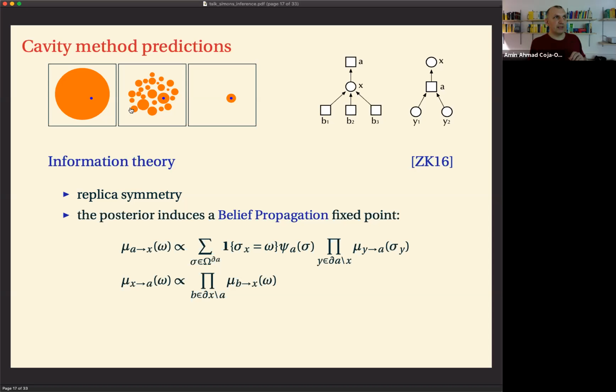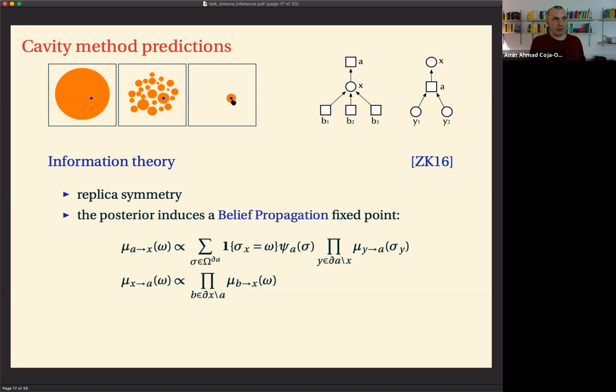The second possibility is that it looks like this, that your measure decomposes into an abundance of little islands. One of these islands is inhabited by the ground truth of your problem, but unfortunately you don't know which. So in the absence of a lucky guess, you cannot get back at the ground truth in this scenario. And the last possibility is that effectively, basically, maybe up to trivial symmetries, there's just one blob in your measure. And this one little blob houses the ground truth, so it should be easy to get back at it.